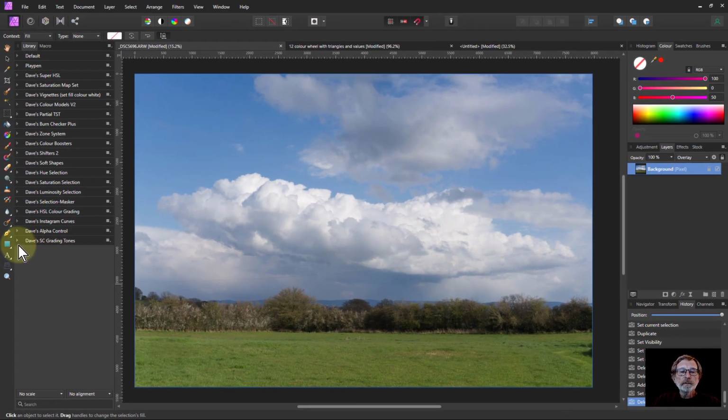So it's called Dave's SC for Selective Colour Grading Tones. You can download it from the link below or the resources page. You can install it by going up to the hamburger up here and import macros, or drag and drop it onto the image. So when I open this up,